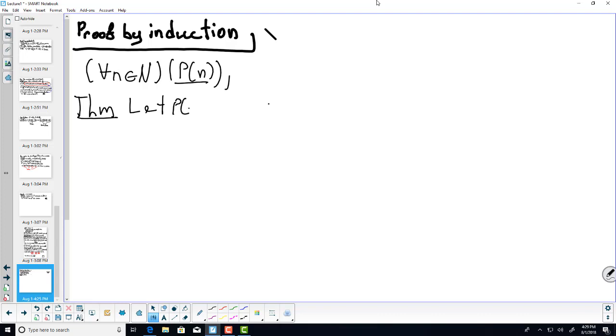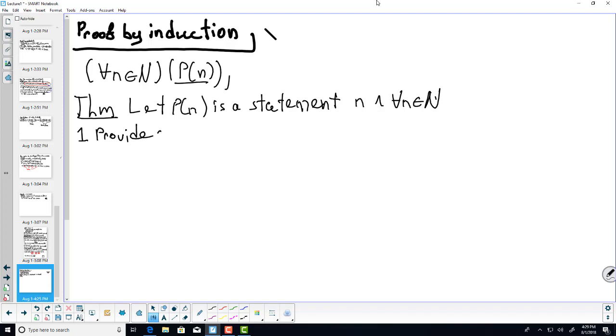Let P(n) be a statement which involves n, and this holds for all n in N. Then, if we provide a proof that P(1) is true,